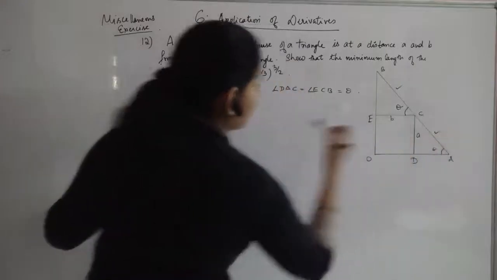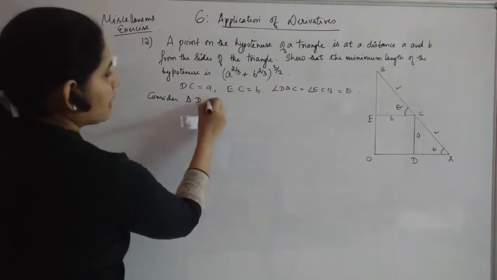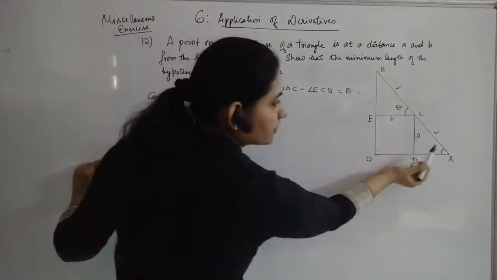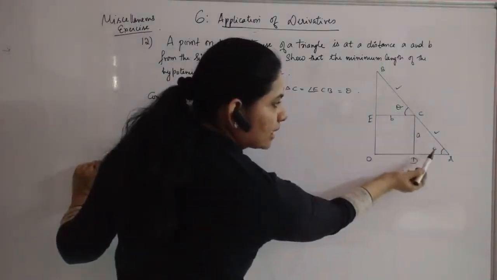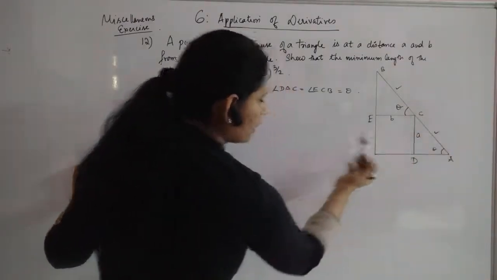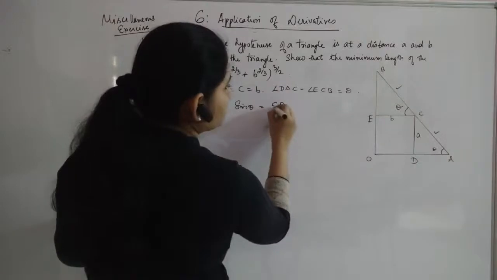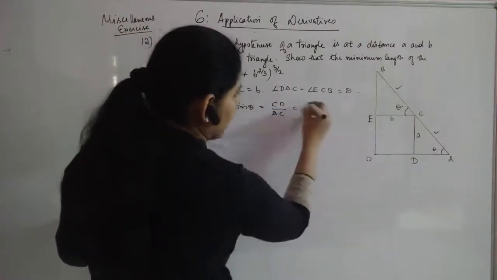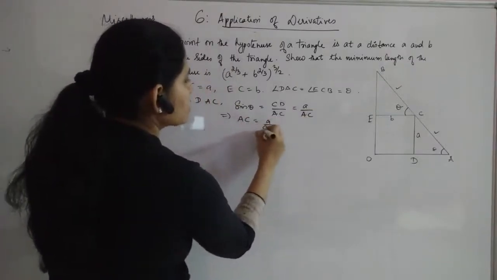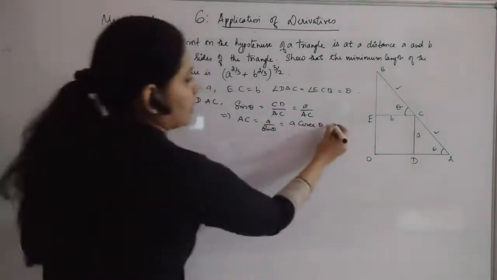For that we are considering this triangle. Consider triangle DAC, or you can say ADC. Since we have to get this side and we know this side, if you take sine theta, you will get opposite side by hypotenuse. We need this, we have this, that's why. So we are considering sine theta from that triangle, and you will get it as CD by AC. What is CD? A by AC. Now from this we will find out AC. AC will give you A by sine theta, which can be written as A cosec theta. So AC you got as A cosec theta.